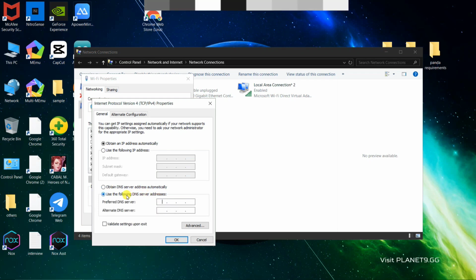For the DNS address, you need to set this preferred DNS server to 2.1.1.1. So you need to set this to that. Now we need to set the alternate DNS server to 2.1.0.0.1. After you set this up, click on that OK button, and that is how you can basically fix Google Chrome